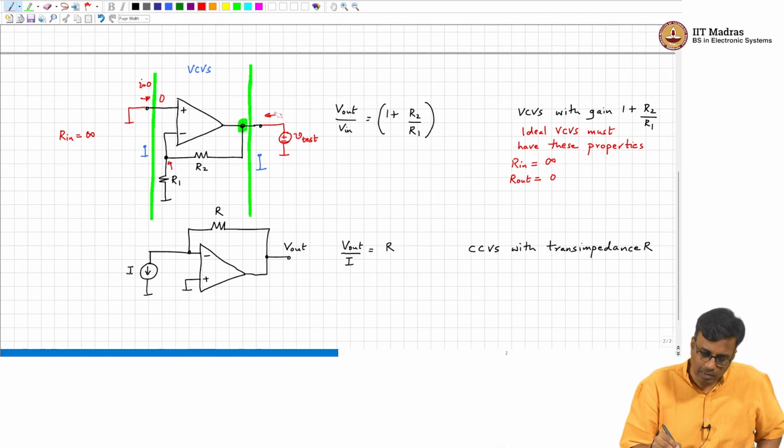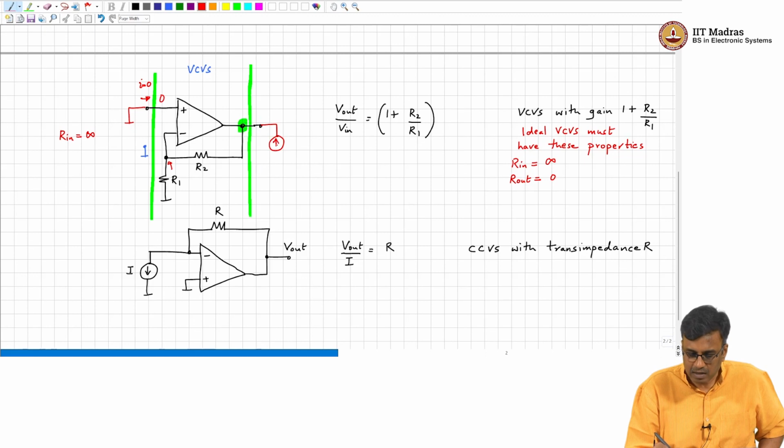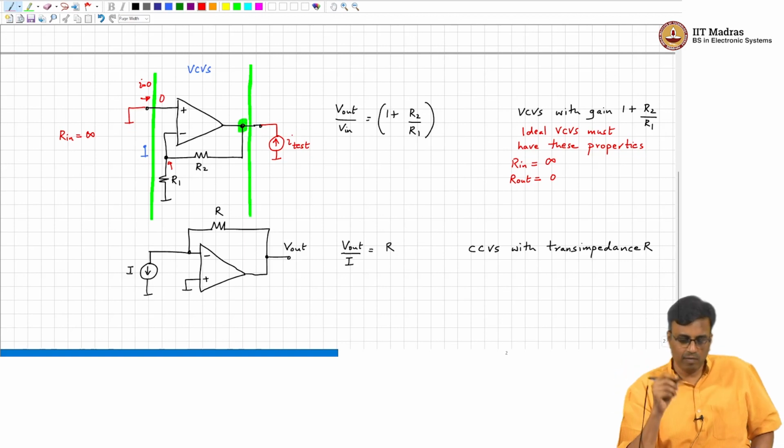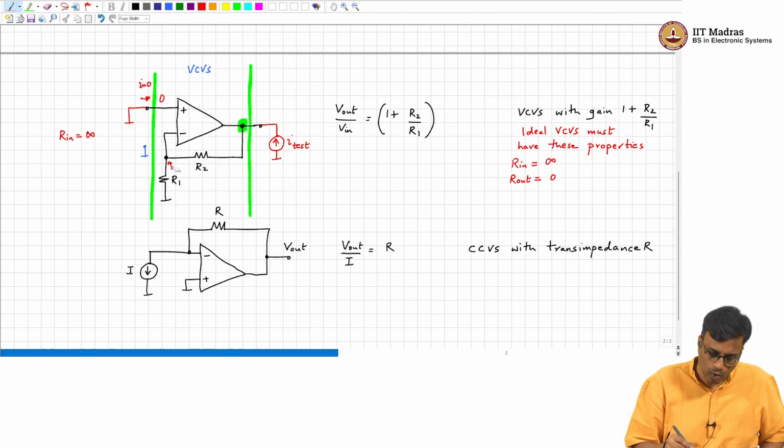Another way of doing the same thing is to say, okay, I do not want to break the feedback loop, let me try and inject a current I test and find what the voltage is. So, if I inject a current I test, what comment can we make about where all this current will flow? How do we know? First check if the op amp is in negative feedback. So, we break the loop here,